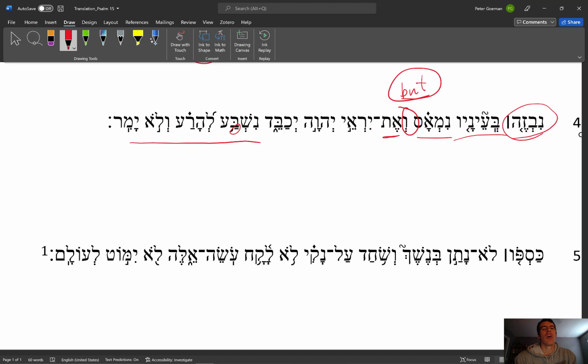And you see the patach there, which shows you that this is not a participle, but it's a 3ms Nifal, from shava, to swear, to take an oath. And that verb normally shows up as a Nifal because when you take an oath, it's something that you act upon yourself. And so that's part of why it's a Nifal. So he swears, he takes an oath,